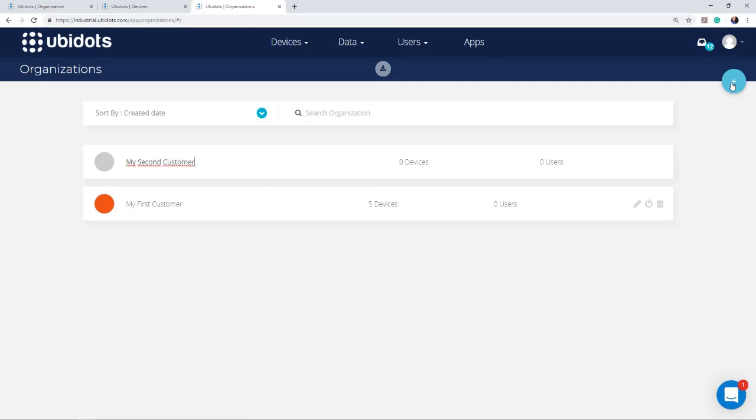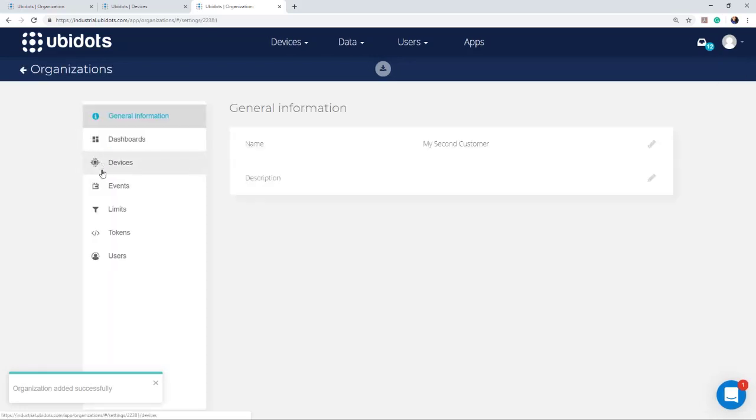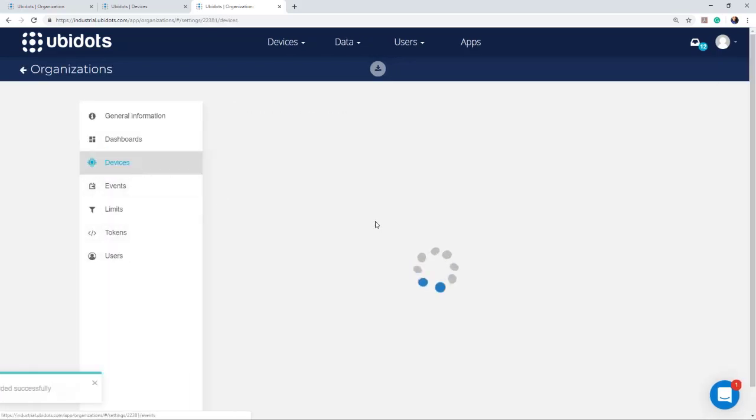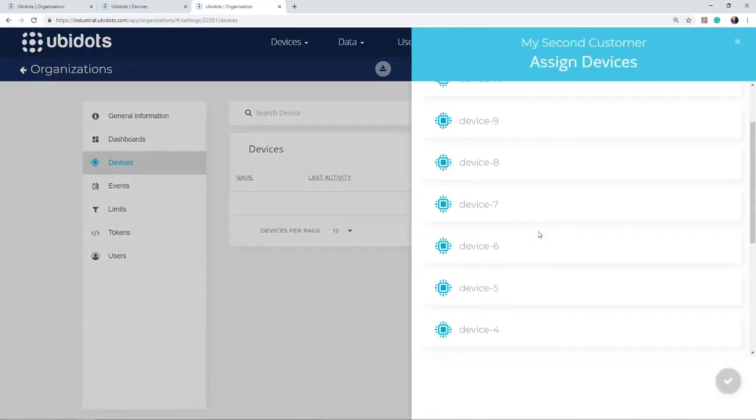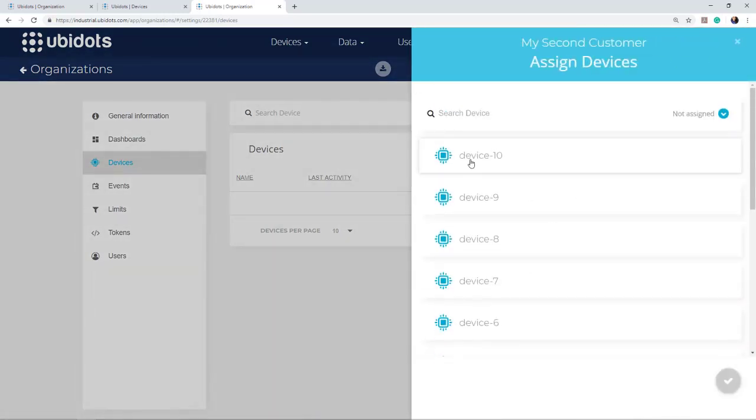I'm really creative with these names, but yeah, this is who I am. So let's go to devices, and let's go to the new ones. As you can see, the previous ones are not listed because they are already assigned to another organization. So let's add these ones